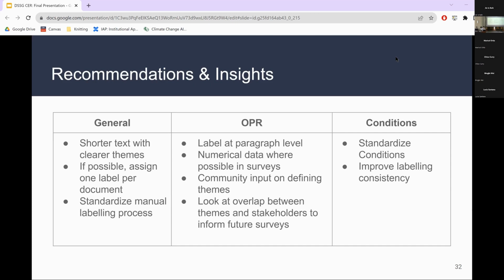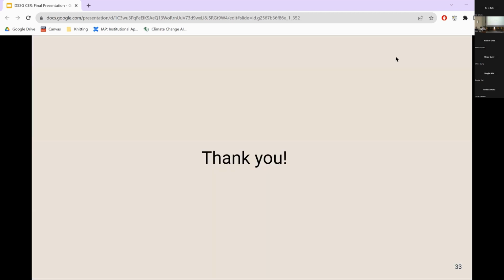It might be a different person looking at the same data. It might be the same person looking at the same data over time. But just having a clear understanding of who's reviewing what themes and when would definitely help them improve the quality of their data.